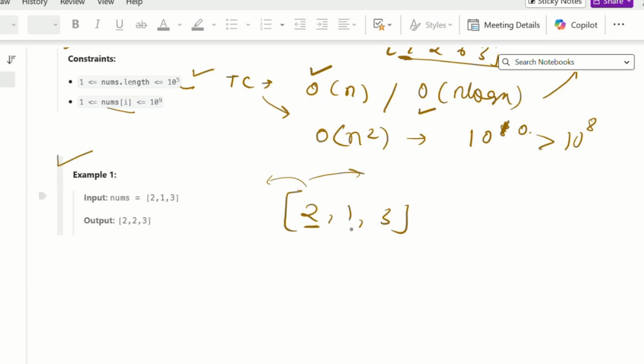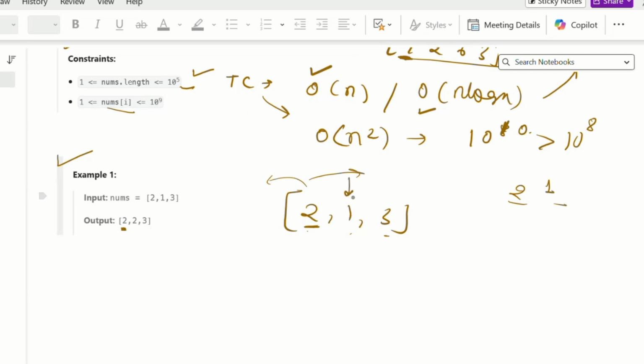So from this index we can't move to 3, we can move only to 1. If we move to 1, the value at that index is 1 and the current is 2. So what will be our maximum? The maximum is 2. So for this index, our answer is 2.